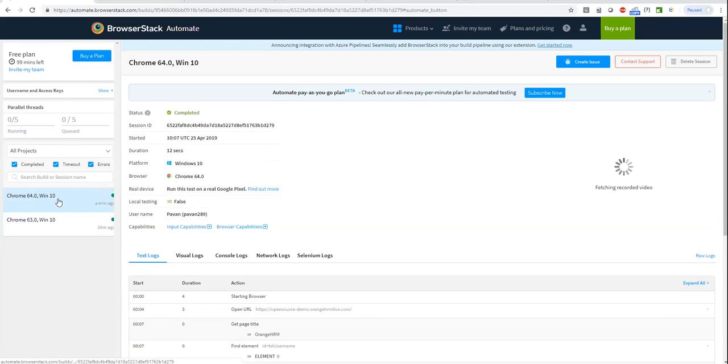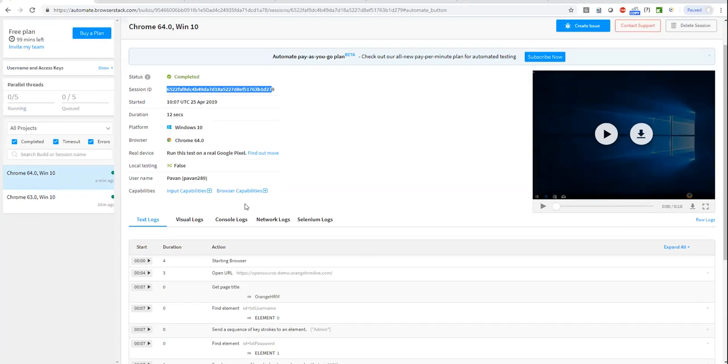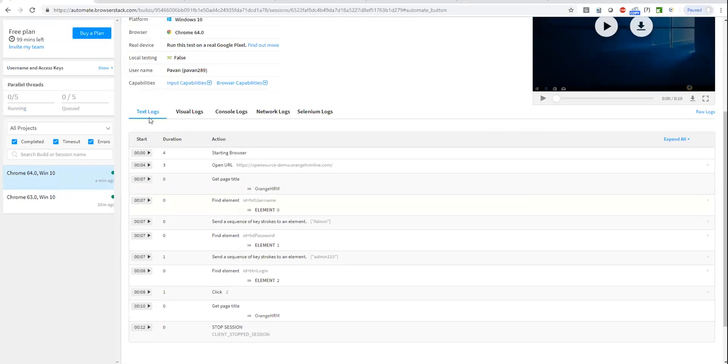Now when I click on this entry, you can see again a duration time updated here, 12 seconds. Okay, Chrome version, operating system version. This is the session ID which is created for this test. Now if you just come down a little bit here, under test logs, you can see each and every step